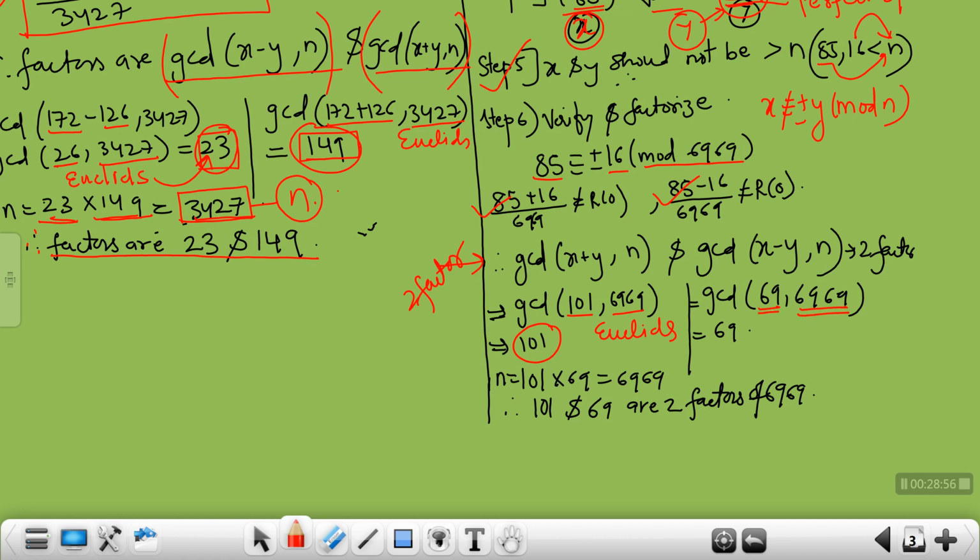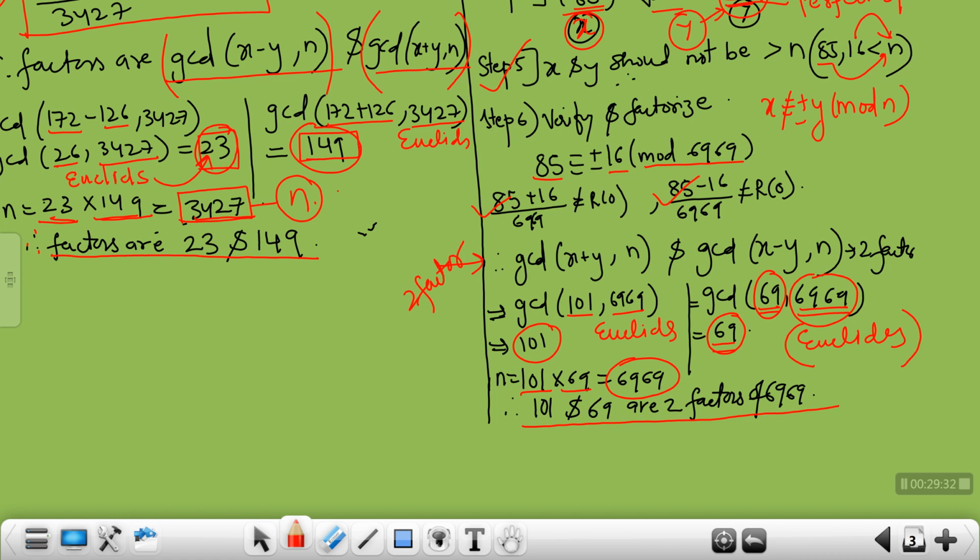Comma 6969. You can always see over here, even if you don't need to solve it, you can directly see based on the number that the greatest common divisor of 69 and 6969 is 69, or you can use Euclid's algorithm to find out the answer. Each and every step in the problem will have marks. You cannot skip directly and write down the value of 69. Find it out using Euclid's algorithm. So the second factor that we have got is nothing but 69. To verify, I will just multiply 101 with 69 and get the answer as 6969. Therefore, 101 and 69 are the two factors of 6969.